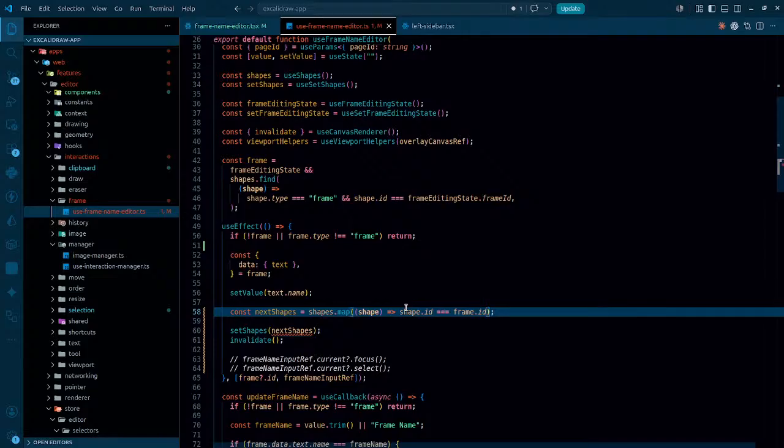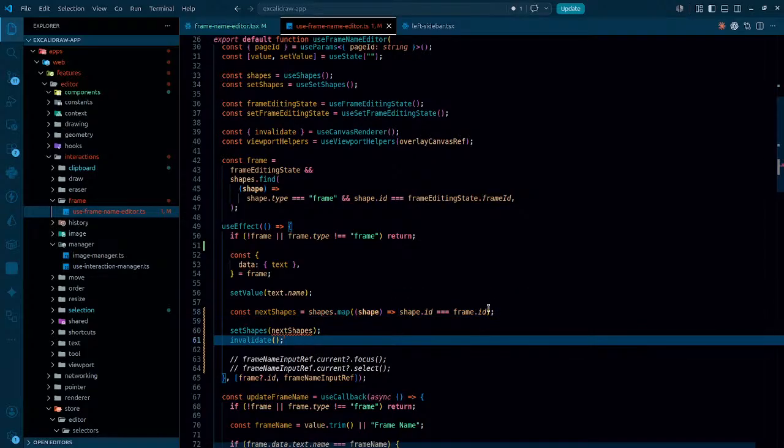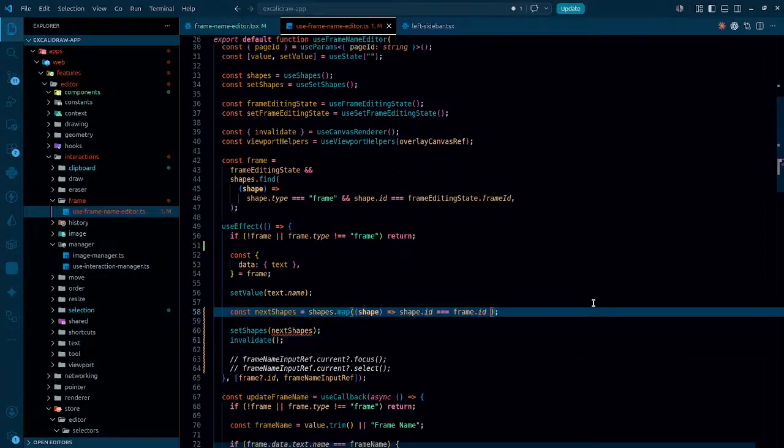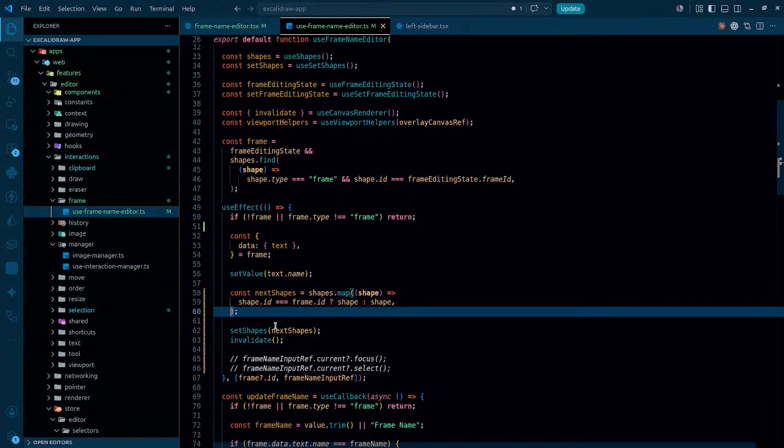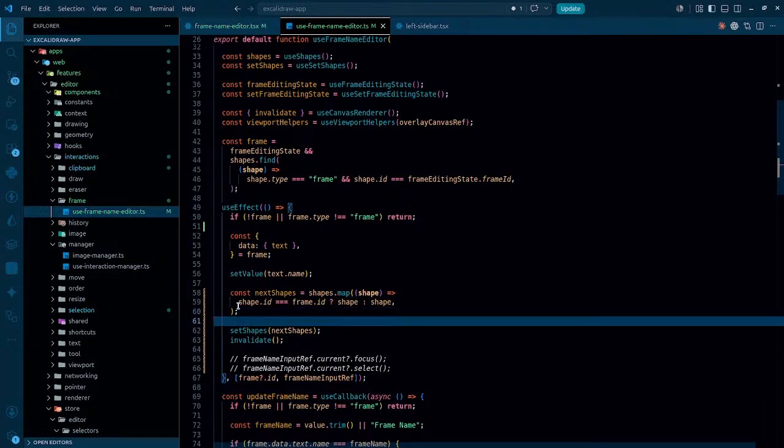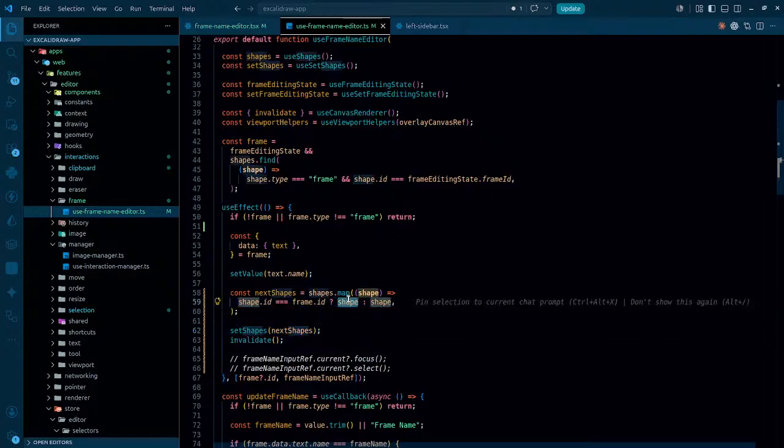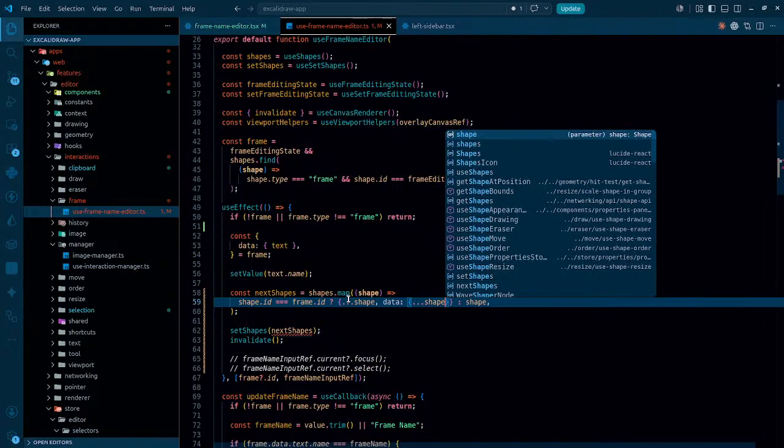So if the shape.id is equal, we return this both times. In that case, spread shape, and the data is going to be shape dot data,